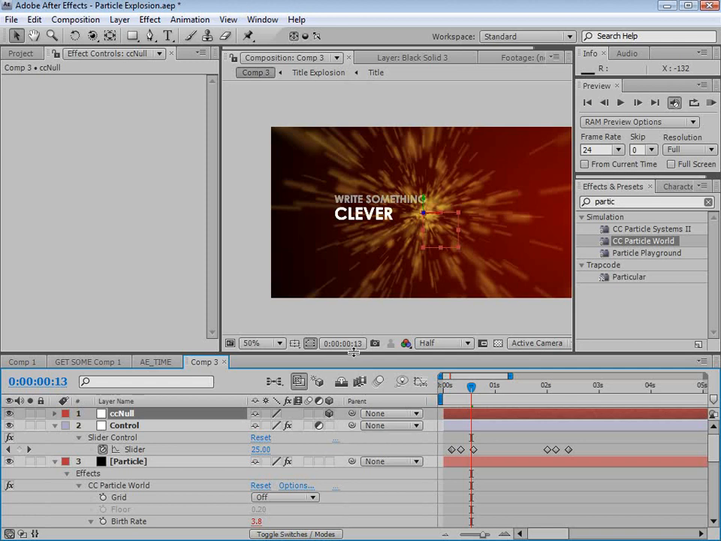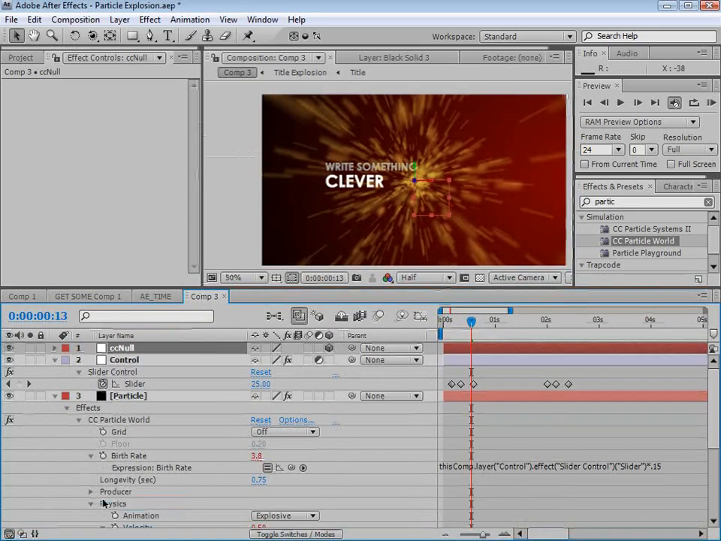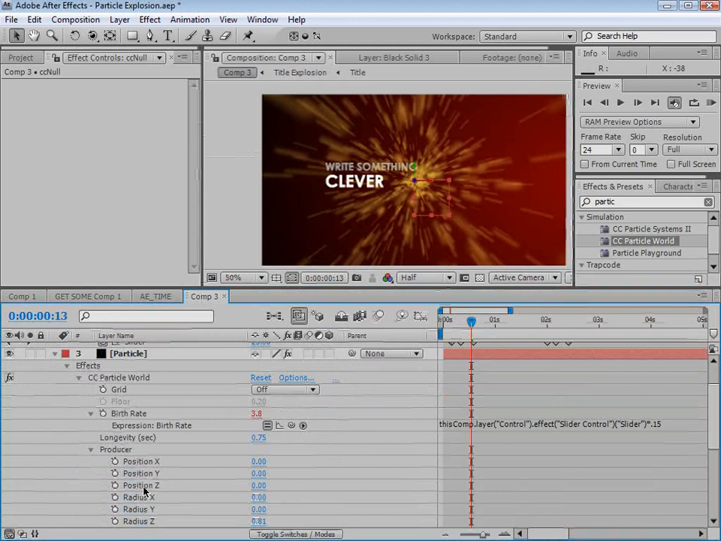Now, I did this in a 3D stroke tutorial, so you can search for that to get into the details of it. But for now, I'm just going to use the expression that we created there. So this is for the X, Y, and Z. So we're just going to copy this into each of the different channels of the producer position. So X, Y, Z, alt-click on the